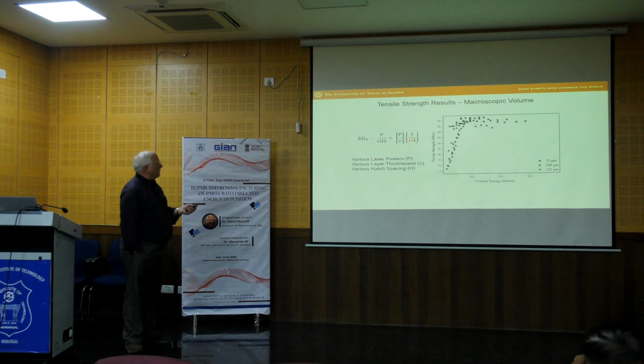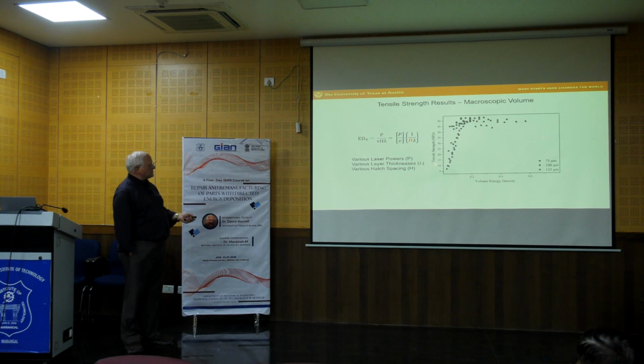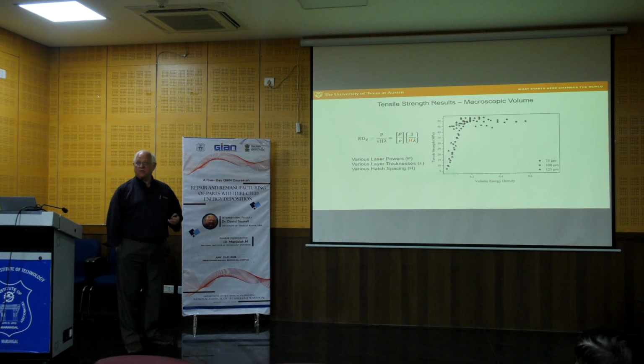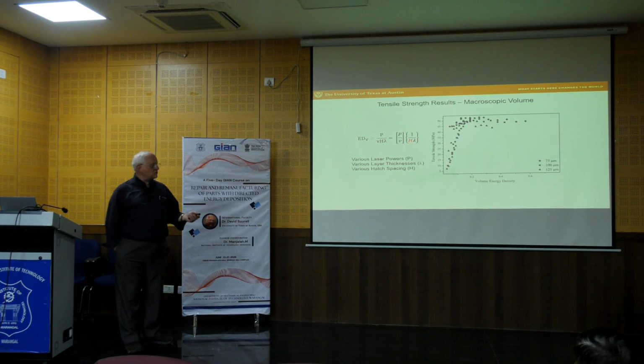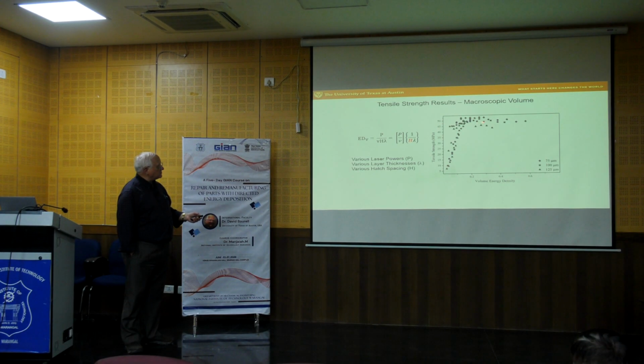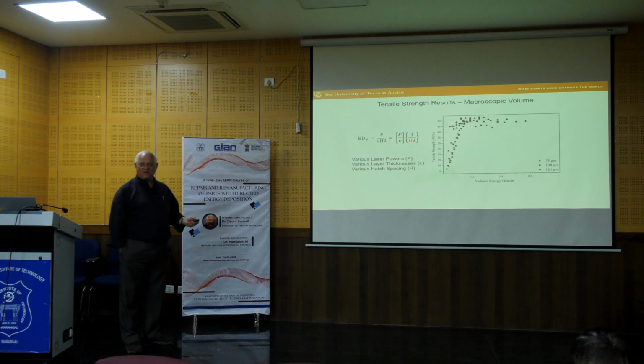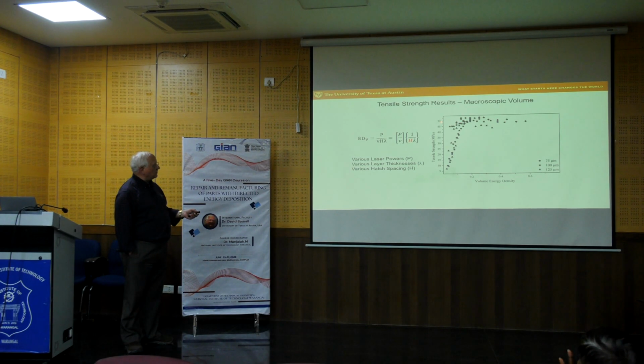This shows a similar plot. Again, it's the same parameter here that fits the data the best. In this case, we're looking at the tensile strength of the part rather than the density. This is the plot of the tensile strength versus the volume energy density. And again, for the most part, there's a fairly good one-to-one correspondence between the energy density and the strength. And furthermore, for nylon anyway, if I were to get something up here at this high strength, sort of the best we can do, say around 15 megapascal, then I need to go up around 0.18, 0.2